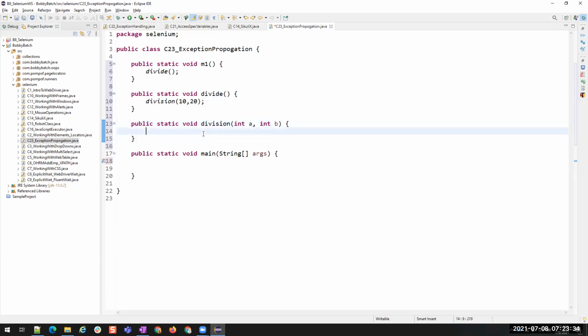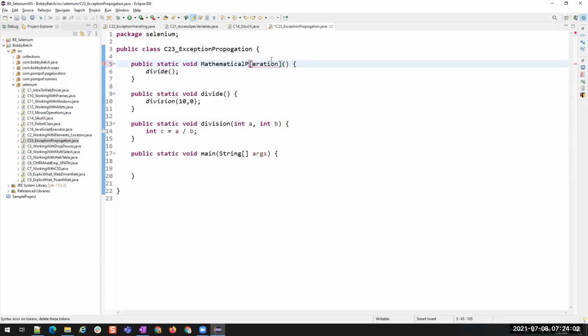Now here, you know how we divide, right? Integer c equals a divided by b. You understood? There is, I'll say, a mathematical operation. Mathematical operation.